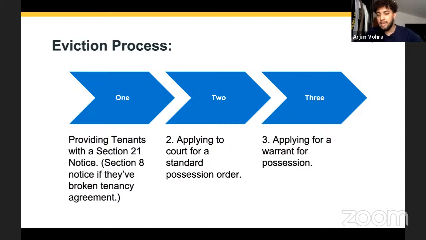It is important to note, a tenant can still remain in the property after the date for possession set by the court. Anyone who comes to the property to remove the tenant from the property at this stage would be doing so unlawfully. Only court bailiffs who have the power to do so can remove a tenant from the property lawfully. Once an application for a warrant has been made, there are normally 5 to 6 weeks from the date that the application was made to the point at which a warrant would be executed. At any point within those 5 to 6 weeks, a tenant would have the ability to apply to a court to prevent the eviction. Although, if an order for possession is made on mandatory grounds, then it is highly likely that the application for possession would be successful.